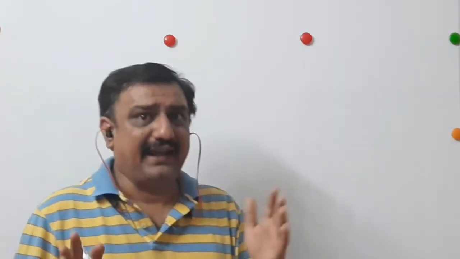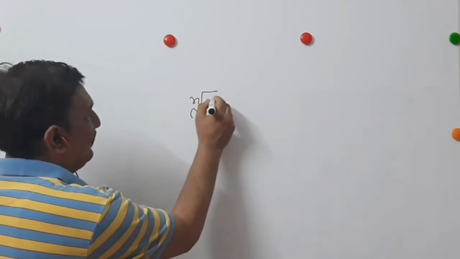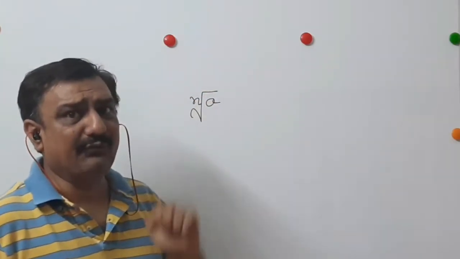Now, before we start sum number 28, it is necessary to understand the concept of irrational numbers. Particularly in this lesson, in most cases we deal with the algebraic irrational number. So square root of 2, cube root of 5, square root of 7, square root of 8, square root of 10, all these are called algebraic irrational numbers. In general, any algebraic irrational number can be expressed as nth root of a.